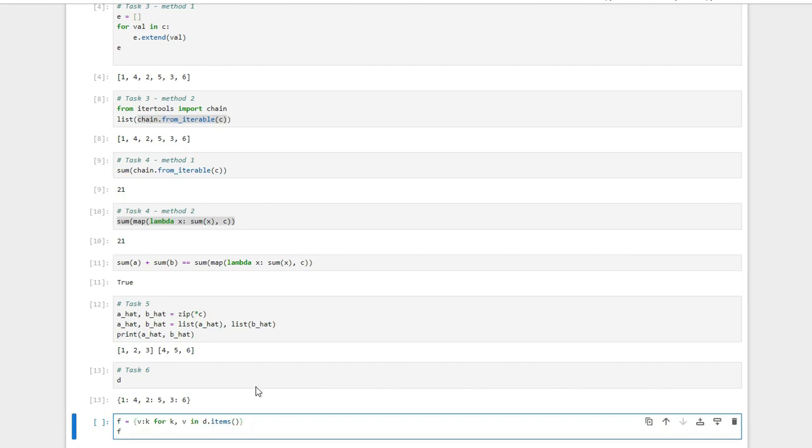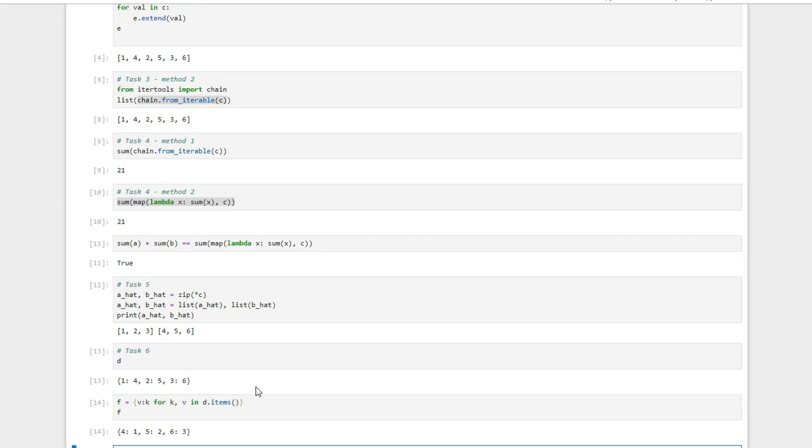And if we look at it, we get this desired output. So 4, 5, 6, these were the values in the input dictionary, and these now become the keys in the